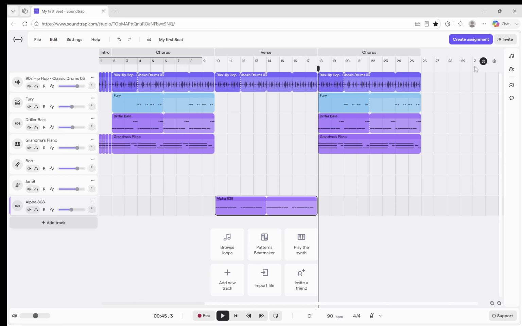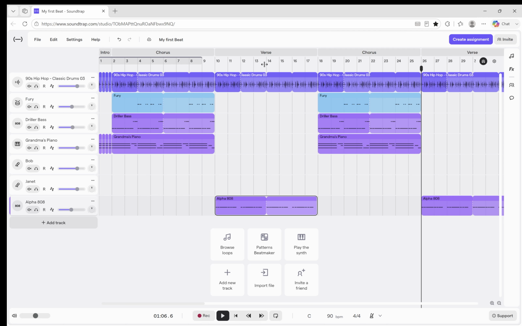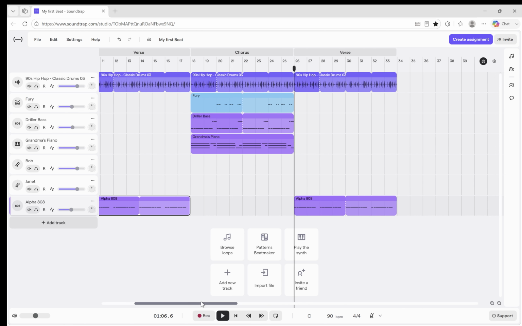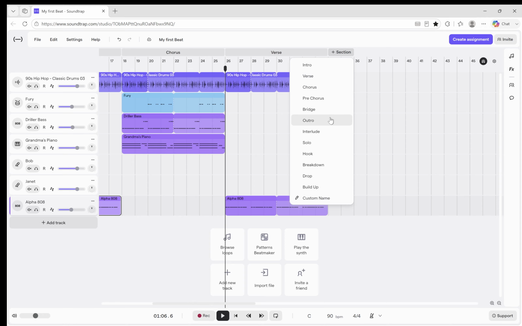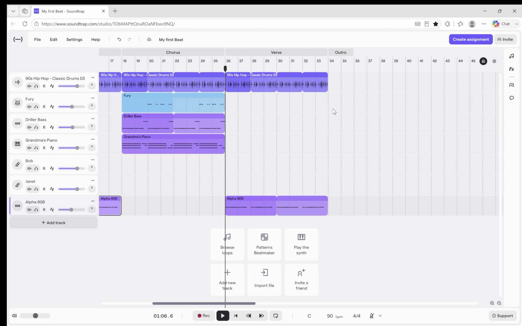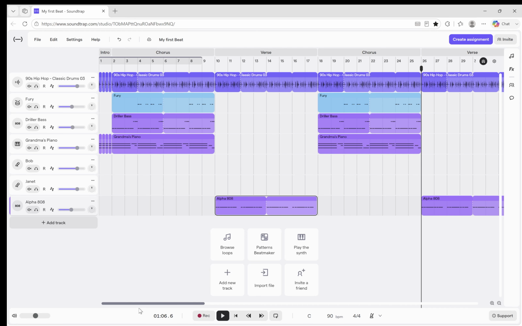And if we want another verse after the chorus, we can right click, copy the verse, paste it right here, Ctrl V. There we go. We have intro, chorus, verse, chorus, verse. And then what if we wanted to have an outro right here? We can click section, outro. So now we have intro, chorus, verse,